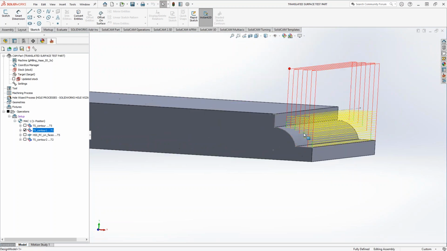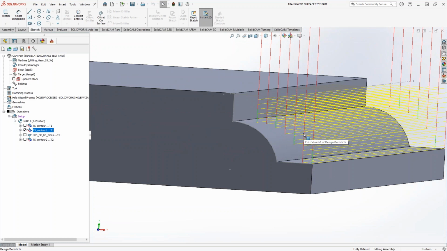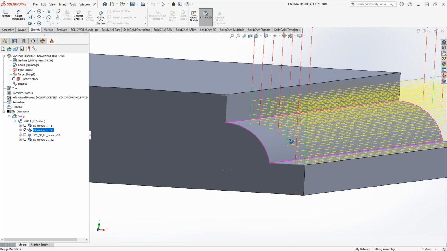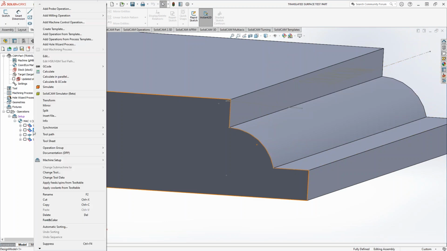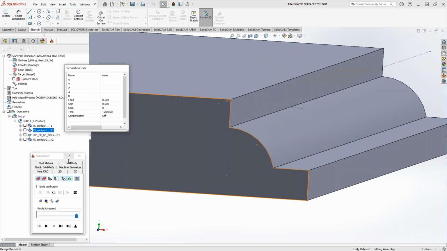basically another 3D toolpath using 2D functionality, using some sketches on the tool plane. I give it step over, step down. You can see that it's generating that toolpath there. If we take a look at that in our Solid Verify,